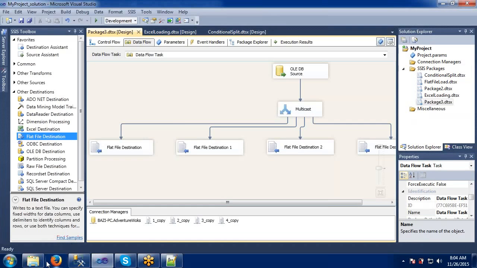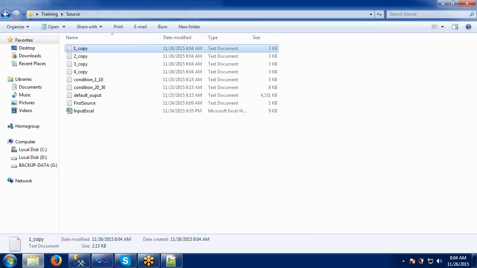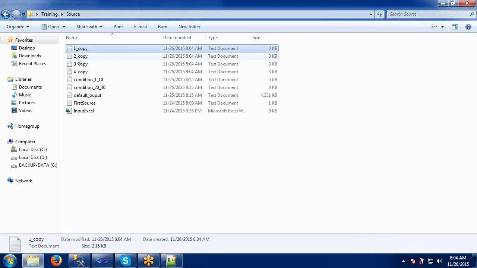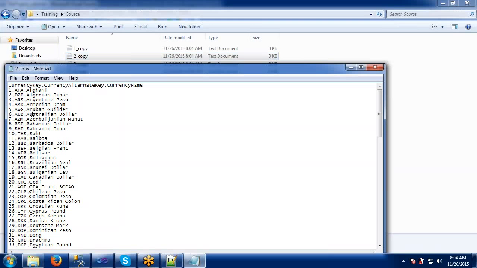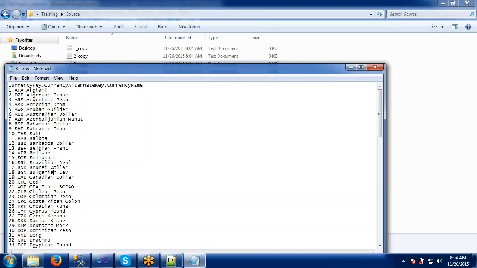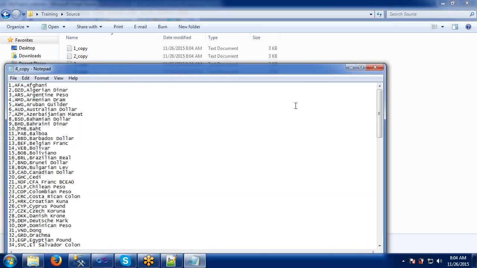Okay. Let's open these files, how the records are. First copy. Second copy. You have data. Third copy. Okay, data is fine. Fourth copy.